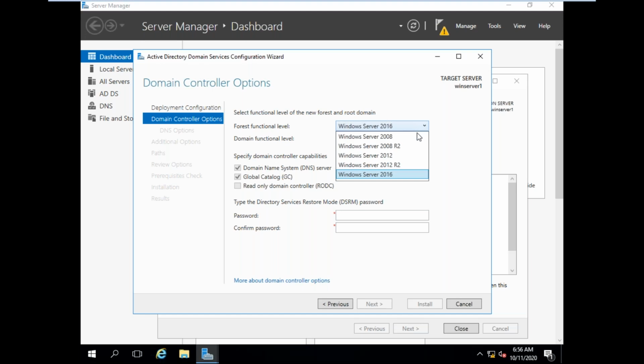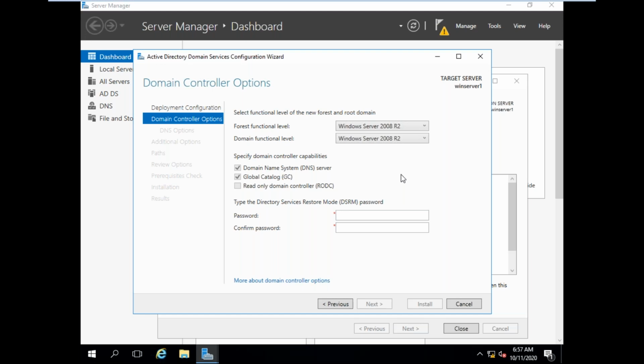Go to previous versions. Windows 2008 R2 functional level means Windows 2008 servers you can use in the domain, Windows 2012 servers you can use under the domain controller, and Windows Server 2016 also you can use. So you can select Windows Server 2008 forest functional level and domain functional level.